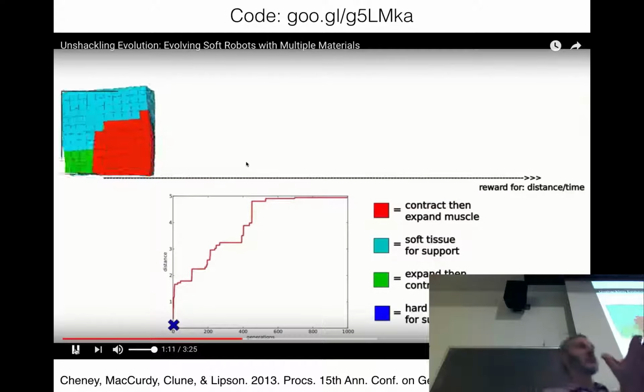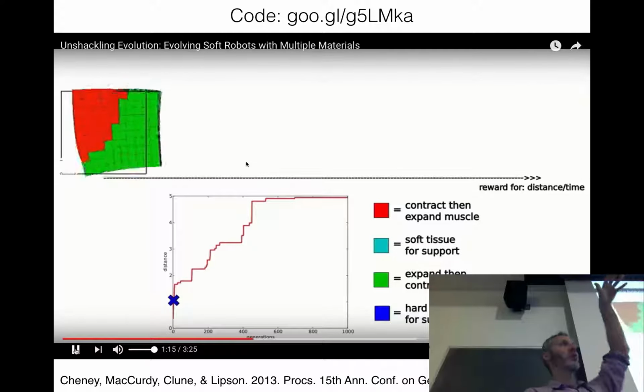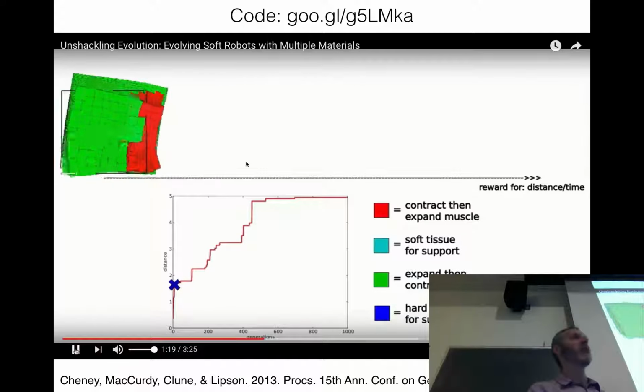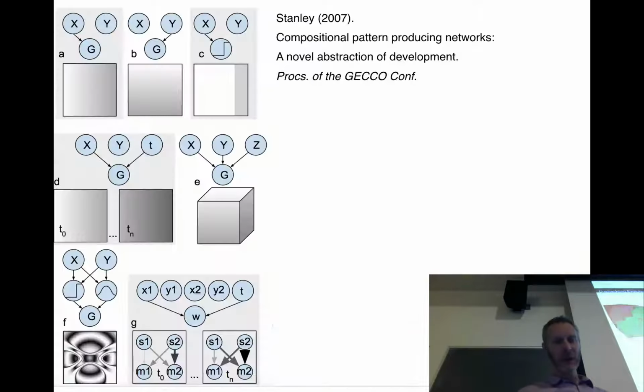Okay, as I mentioned, we have a computer program. Inside that computer program is a virtual world, and that virtual world contains several hundred of these robots. Each one of the robots in this population has a slightly different...